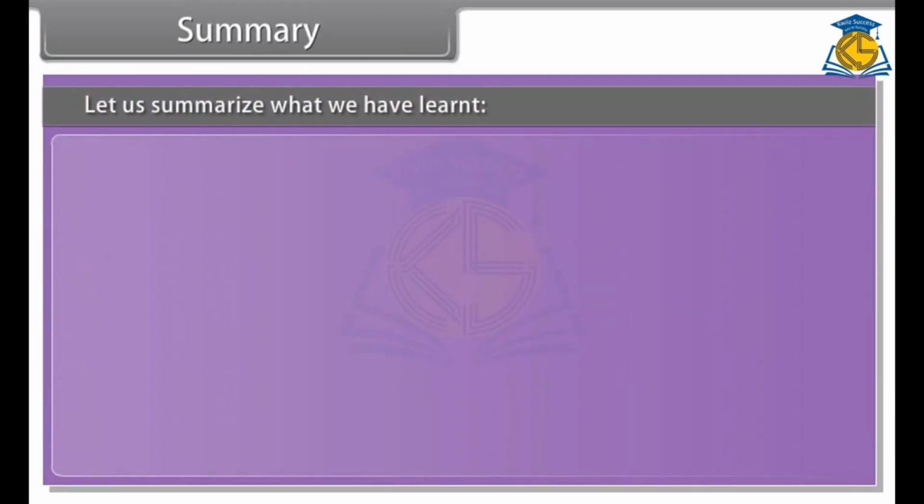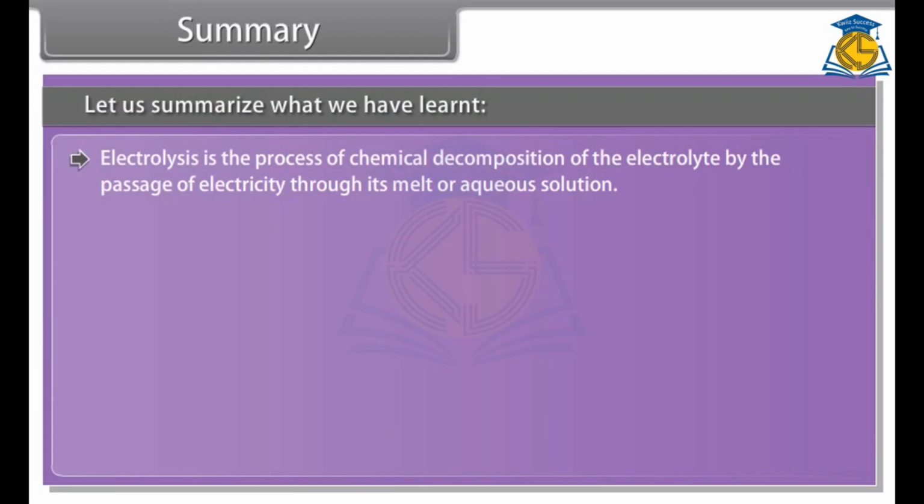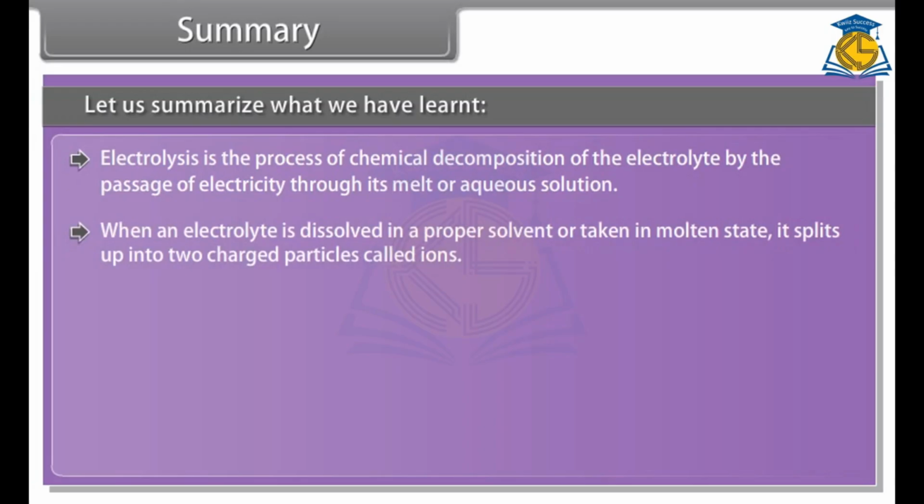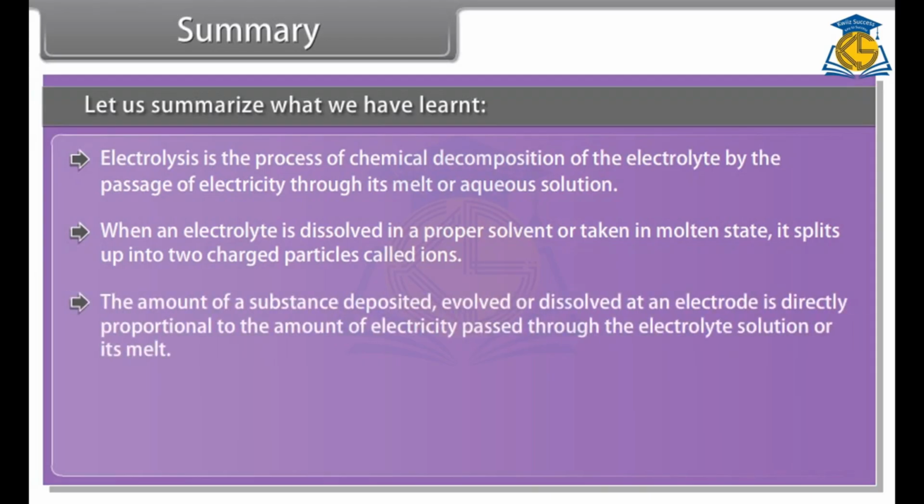Summary. Let us summarize what we have learnt. Electrolysis is the process of chemical decomposition of the electrolyte by the passage of electricity through its melt or aqueous solution. When an electrolyte is dissolved in a proper solvent or taken in molten state, it splits up into two charged particles called ions. The amount of a substance deposited, evolved, or dissolved at an electrode is directly proportional to